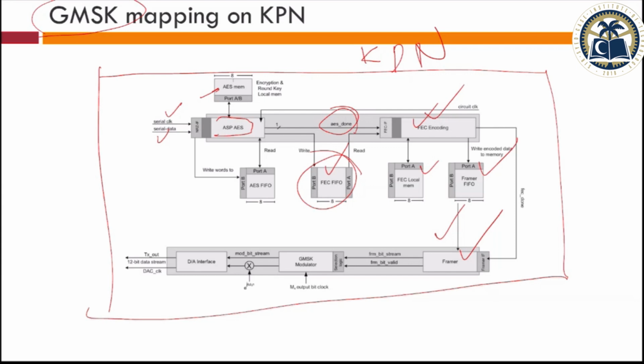So it can use some local memory as well, but once it has processed, it will put data into another FIFO, because a framer requires a different chunk of data, and I'll just put a frame header, and then send it to the next block. So I'll just put that here, and then once it has, again a framer will send, and after a framer,